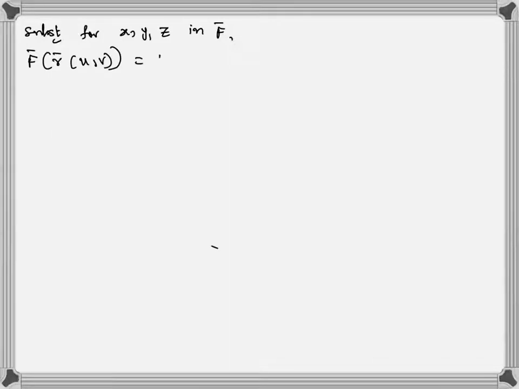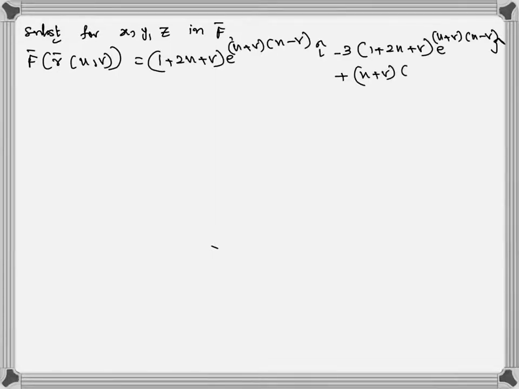So we get all of this: 1 plus 2u plus v times e to the exponent u plus v times u minus v i, minus 3 times 1 plus 2u plus v e to the exponent u plus v times u minus v j, plus u plus v times u minus v k. So we get f of r of u, v equal to